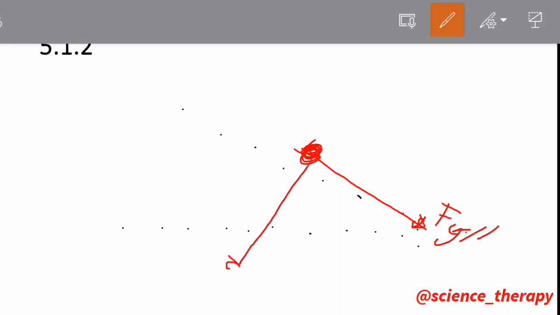Okay, perfect. Then we know that sliding down the incline will be our Fg parallel, and then forming 90 degrees here will be our Fg perpendicular,